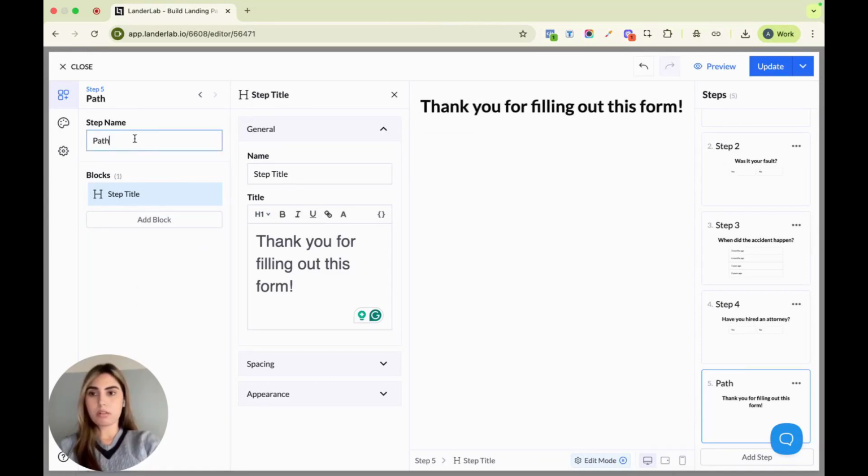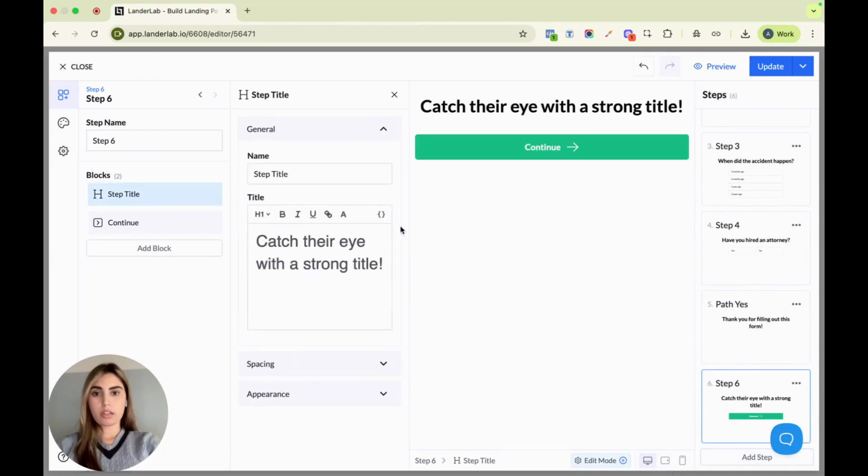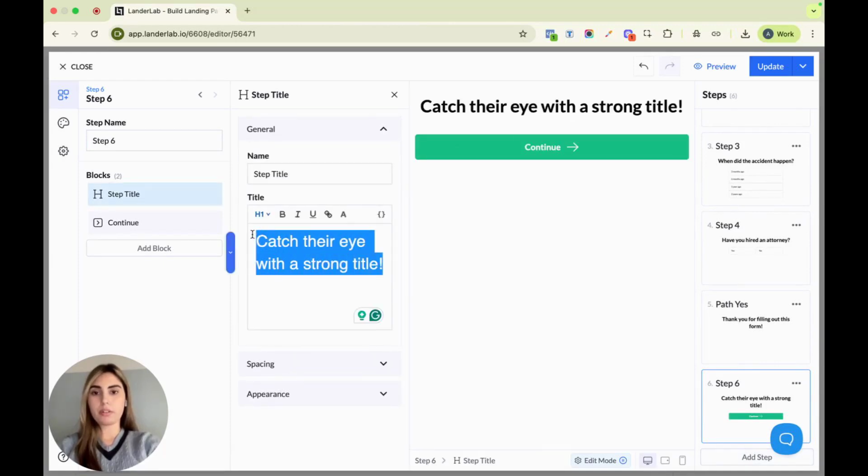Update the step name here so it will be easier for me to choose my conditional. Go ahead with path no. No, they have not hired an attorney, which will be,